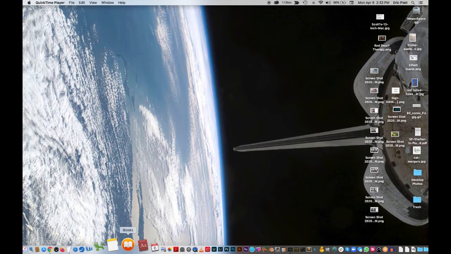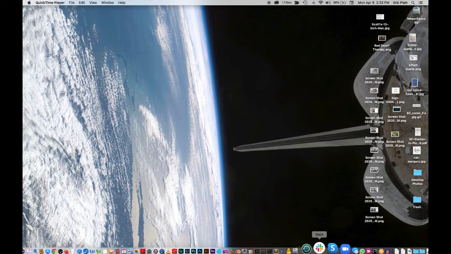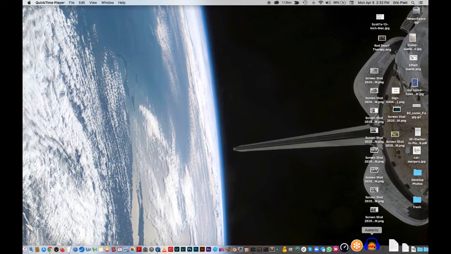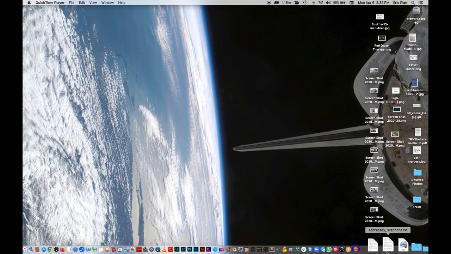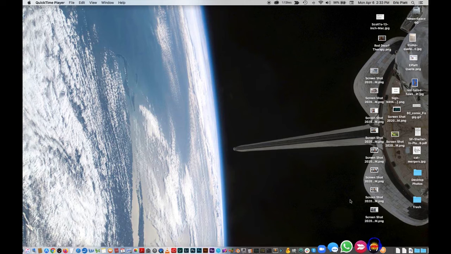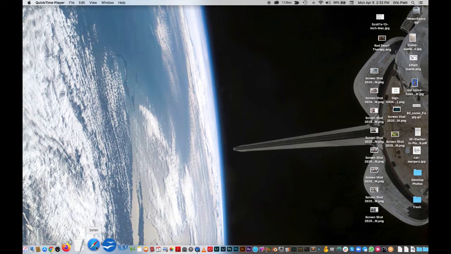So I'll do it from scratch for myself. I removed it. Oh no, I still have it here. Okay, I'm going to take it out of the dock so I can show you how the whole deal works. Let's remove this from the dock and I'll just reinstall it. So go to your browser of choice. I'll use Safari since a lot of people use that,